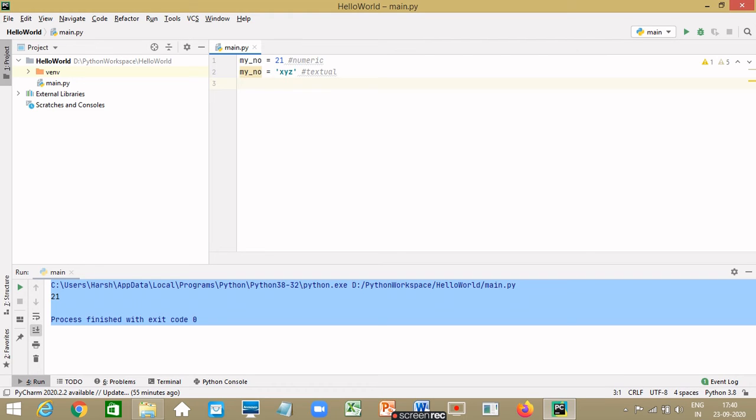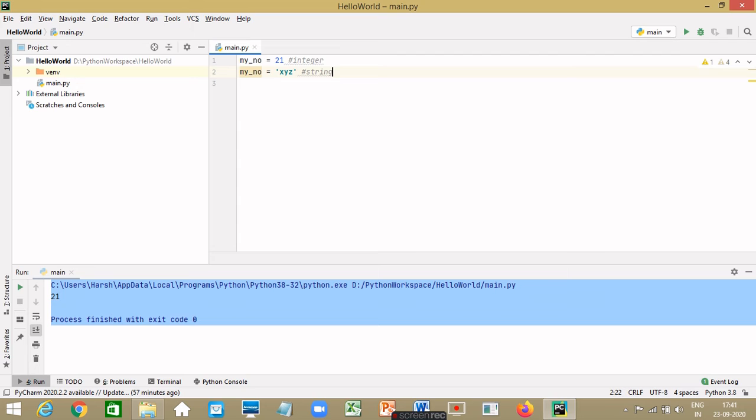Python will not object the statement, unlike other programming languages like C, C++, Java, which are statically typed. In those languages, we need to specify the type of data that your variable will have. But here we have not specified. In Python, whenever we type the statement, the variable is declared. And the type of data is defined by the value that we specify. Here, 21 is numeric, and so type of my_number is integer. And when we change it to xyz, the type of my_number will become textual value or string in Python.